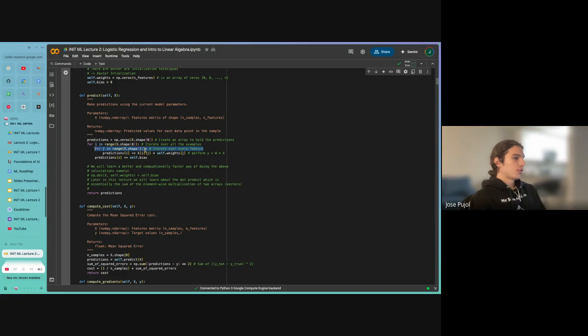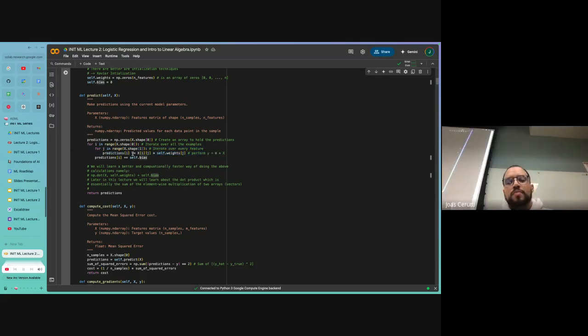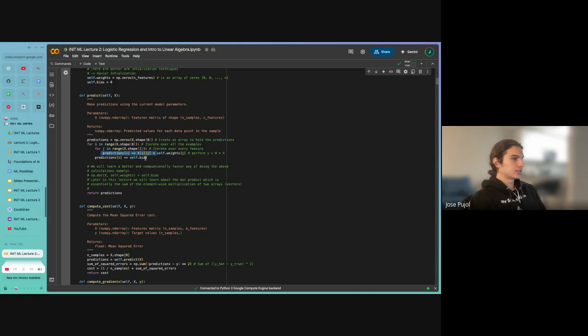For us to calculate the predictions for every example, we're also going to iterate over all the features in that example. In these predictions, I initialize everything to 0, and now I'm actually calculating our actual regression model here. So this is just taking the weight for that feature.